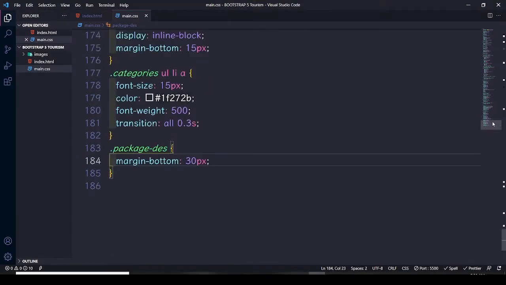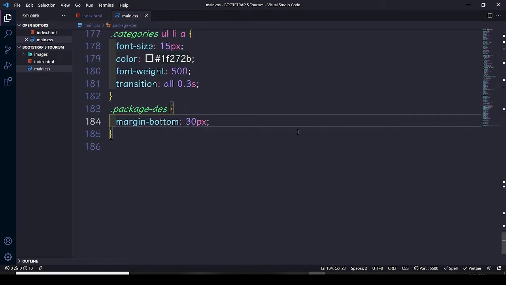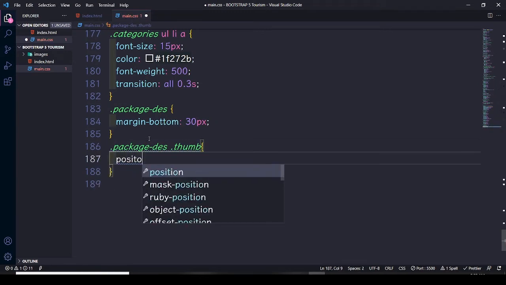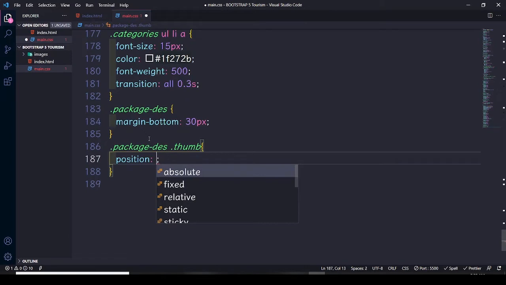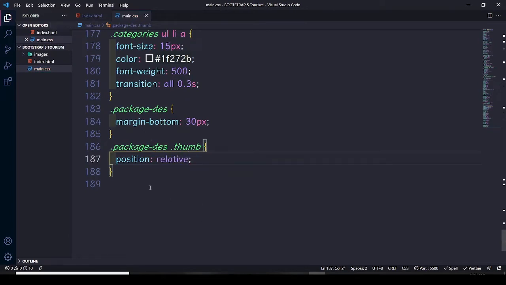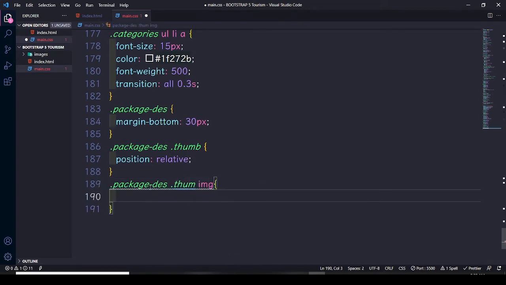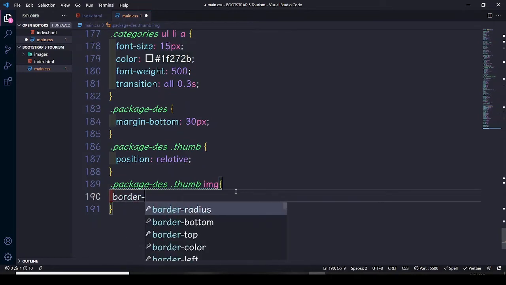The next thing we need is, let's work with the thumb. So package description and thumb. Position is gonna be relative. Save it. And after having this package description thumb image, img, it's a thumb, hold on, okay, thumb image, this one is gonna be border top